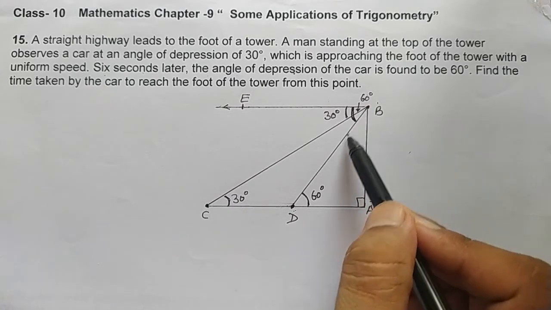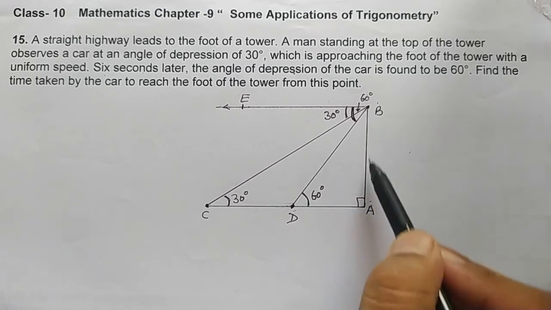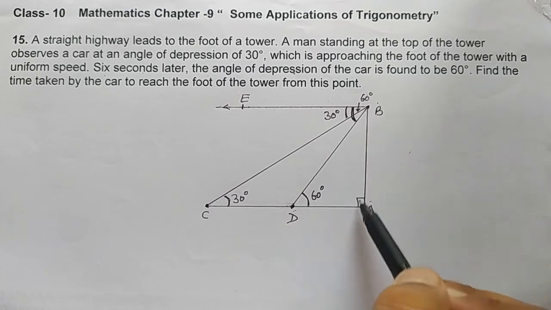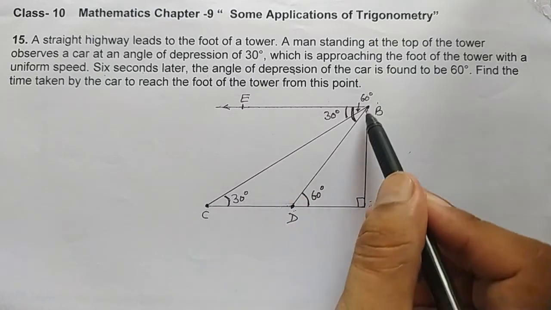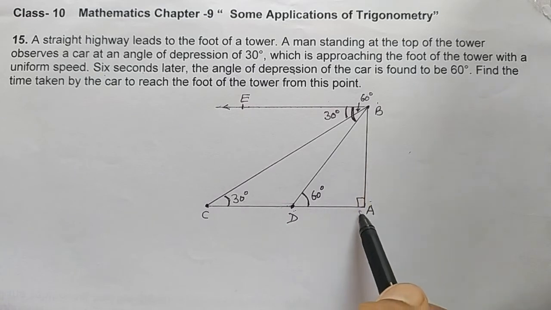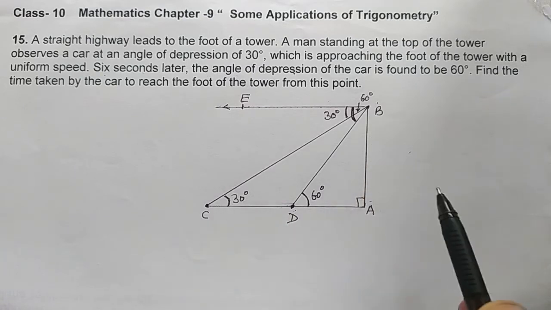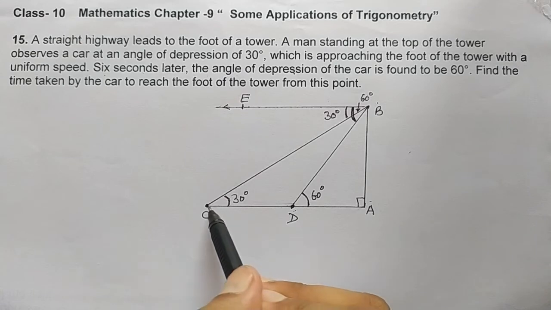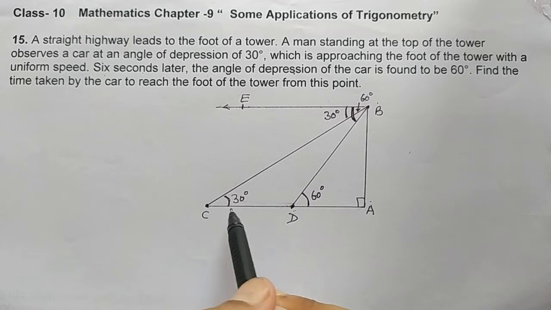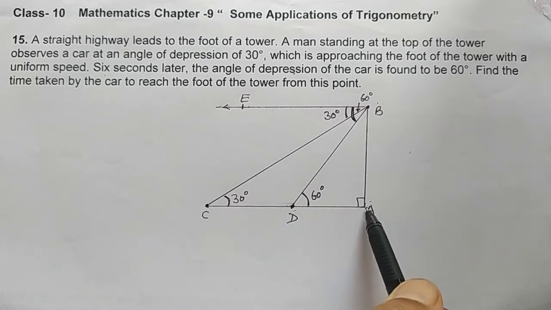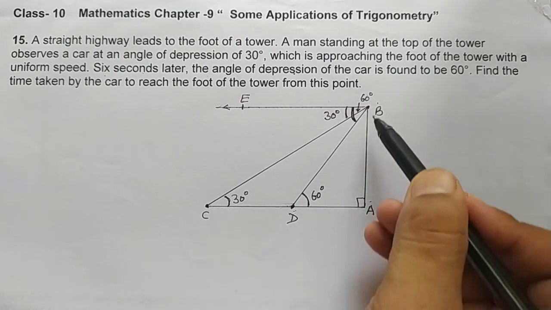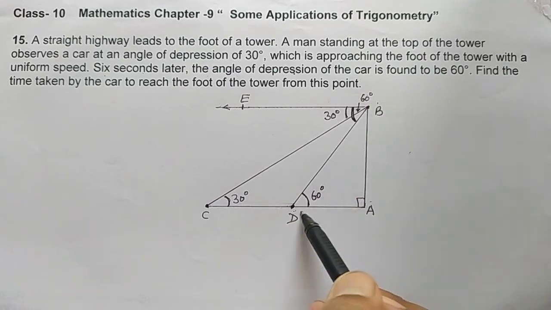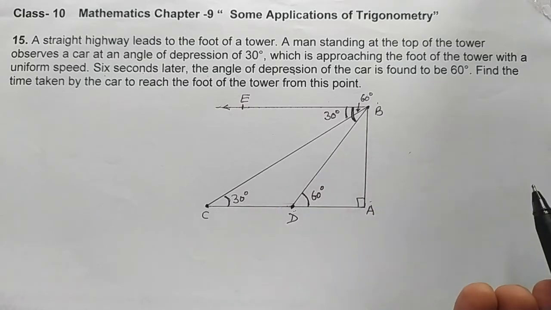We will find out AB in both the right angle triangles. In right angle triangle ABD, we will find AB in terms of AD, and in right angle triangle ABC, we will find AB in terms of AC, and then we will equate these ABs and we will get the relation between AD and CD, because when AC comes there, we'll write AC as CD plus DA. So the main motive is to find the relation between CD and AD by finding AB in both the triangles and equating the AB. Then we'll get this relation.